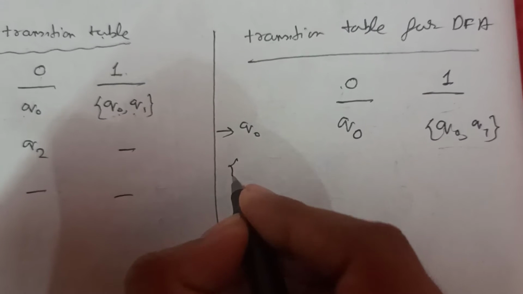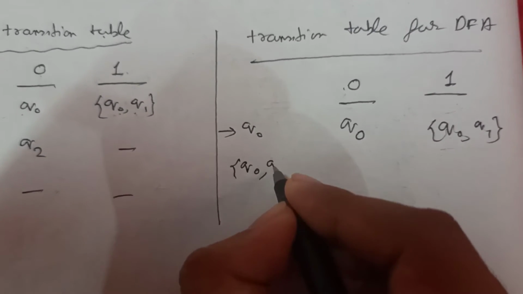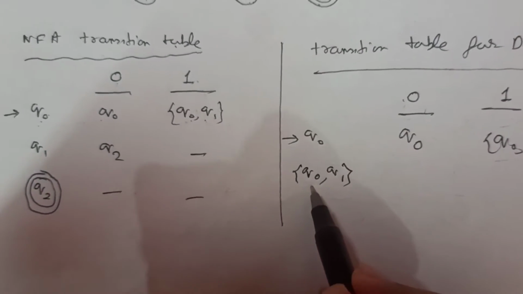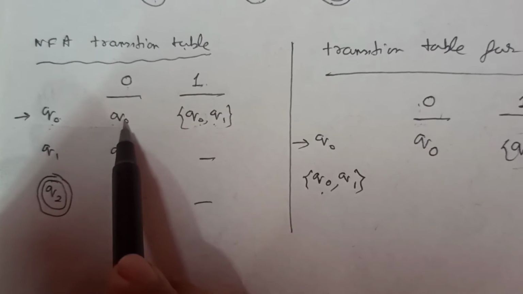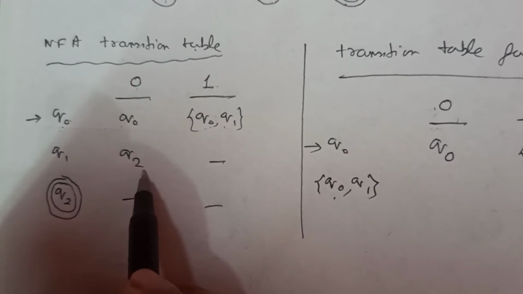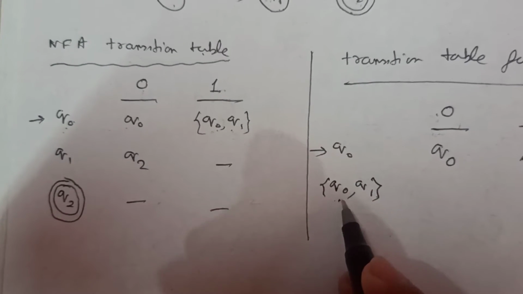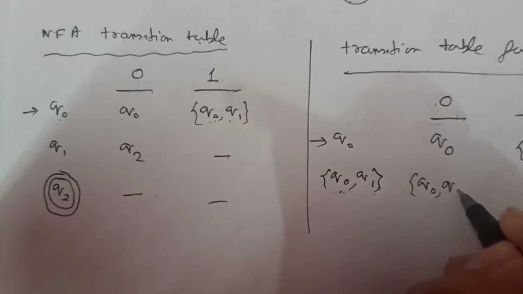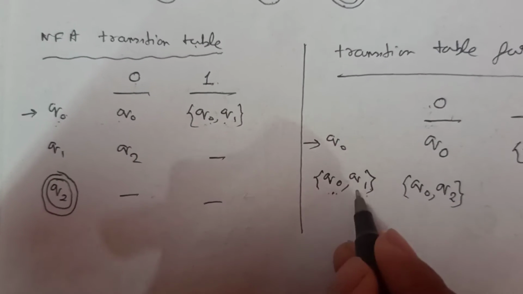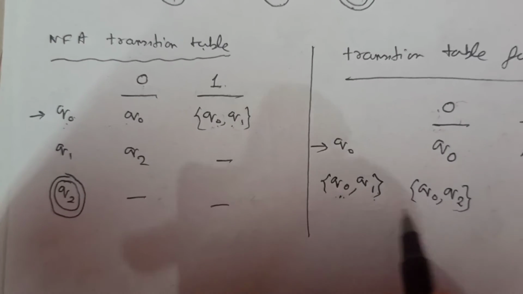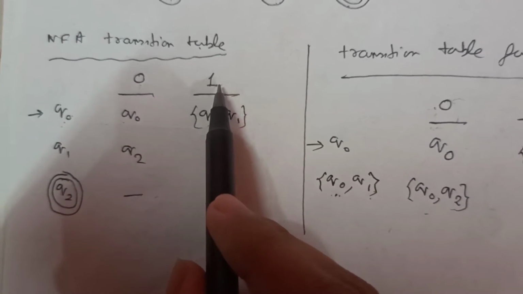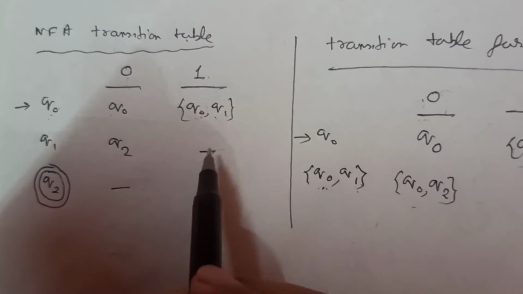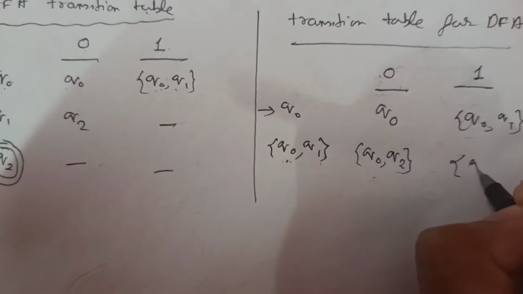So we will next write the transitions of this state Q0 and Q1. So let's check how to write this. So first we will see for Q0, if the input is 0 it goes to Q0, and for Q1 it goes to Q2. So we will have to write for both Q0 and Q1 together. So it will be Q0 comma Q2. Okay, so Q0 goes to Q0 and Q1 goes to Q2 for input 0. We will write it like that, and let's check for input 1 just like that. So Q0 goes to Q0 Q1 and Q1 goes nowhere. So we will write Q0 Q1 only here.